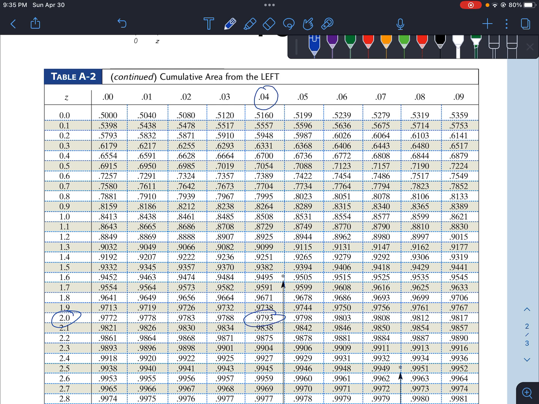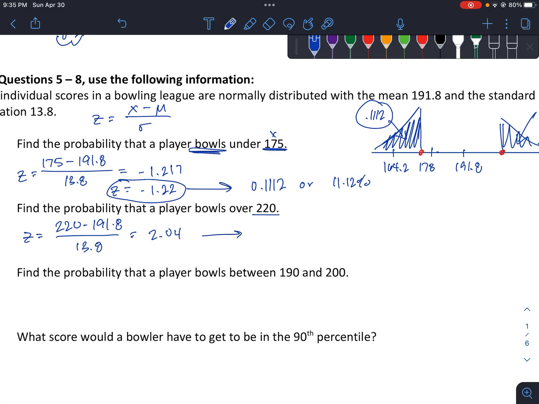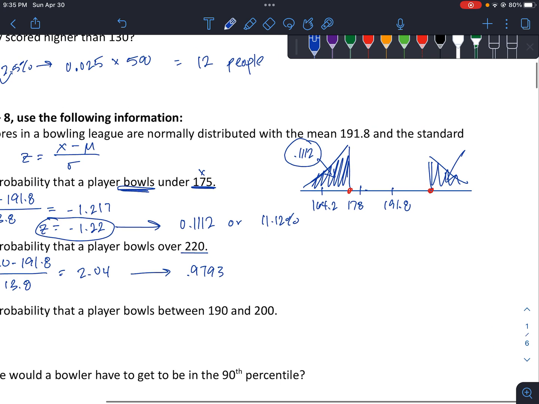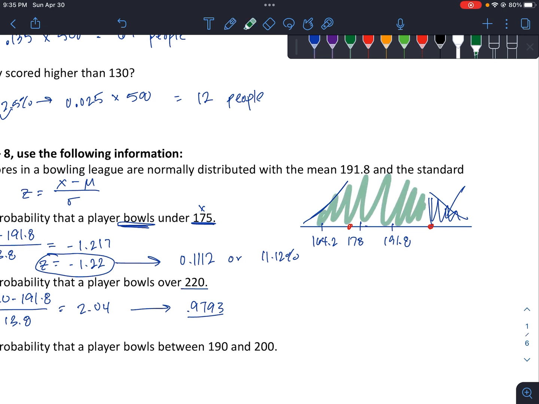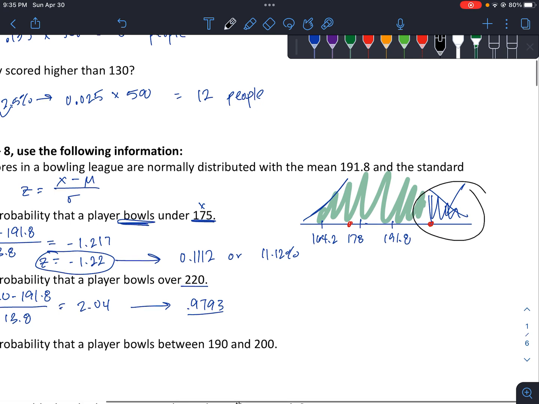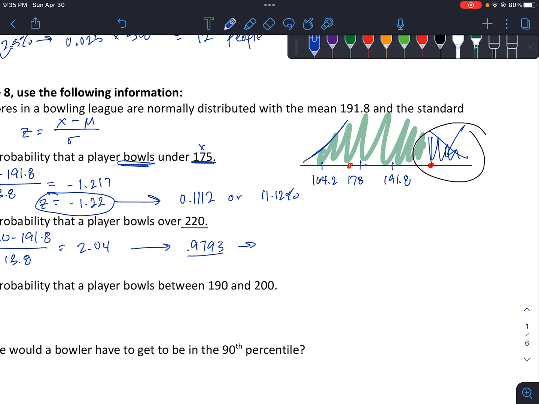So that's going to give me 0.9793. Now be careful. That number is this area, the area to the left of that z-score. So it's all of this area, but we don't want that area. We want this area. Since the whole area is equal to 1 or 100%, we're going to do